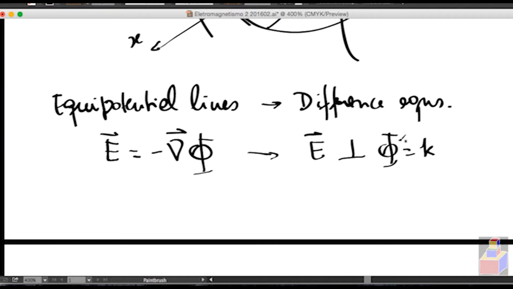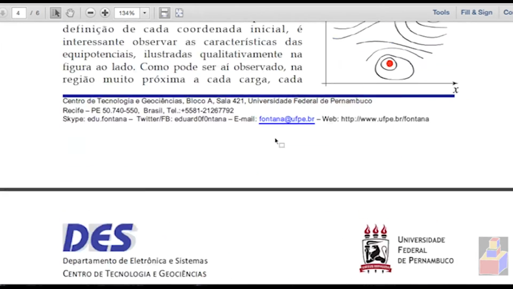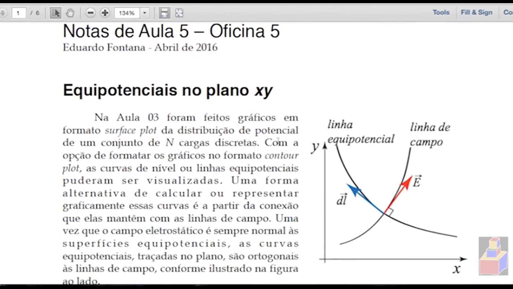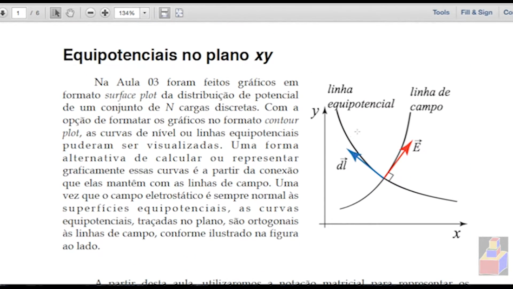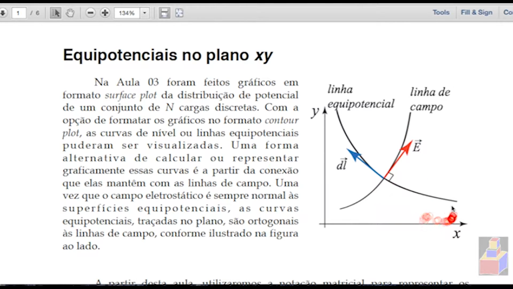The E field is orthogonal to the equipotential lines. Then we have this. This is how it looks like. The field lines like this. The equipotential line is always orthogonal to the field lines. So the principle is very simple. The dot product between E and the increment along the potential lines is 0, these are orthogonal